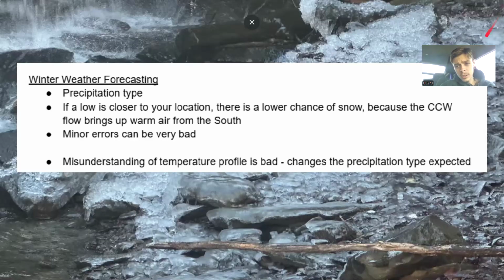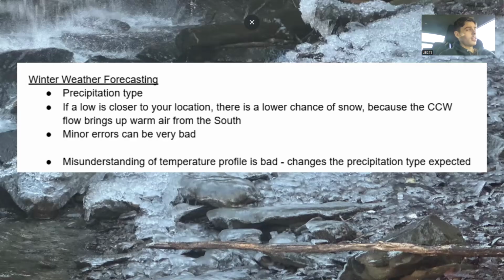So the first thing that we're going to talk about are the challenges that exist with winter weather forecasting. The first one is precipitation type. There's three types of winter precipitation that we're mostly going to be concerned with, which is snow, sleet, and freezing rain. Two of these are a lot less concerning than the other. I mean, any of the three can be problematic to an extent, but as you might know, freezing rain is